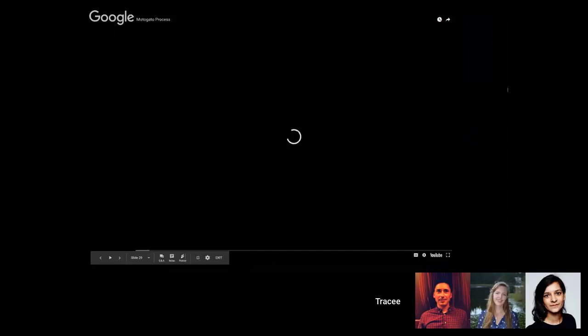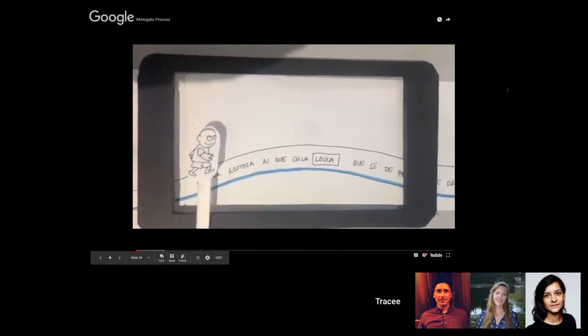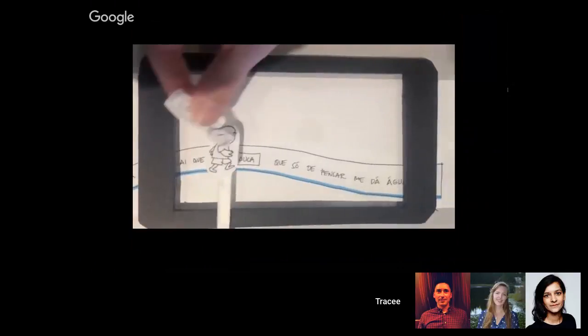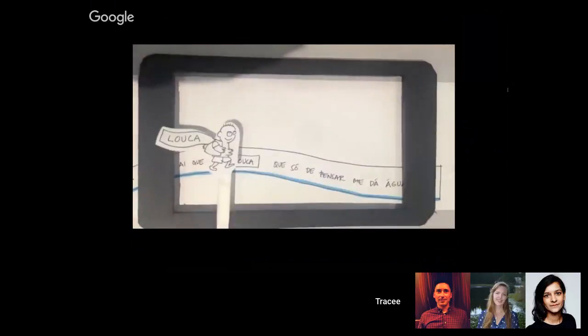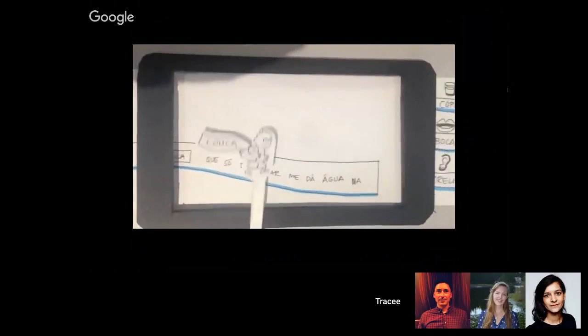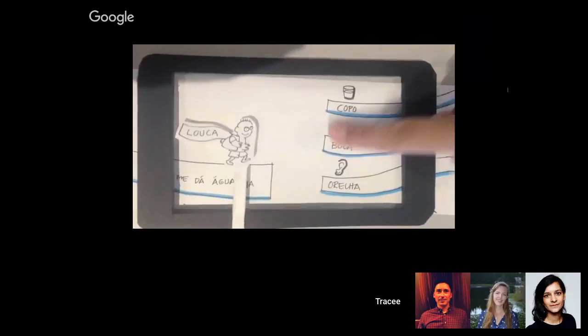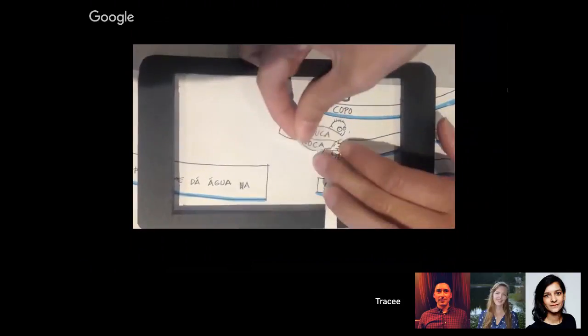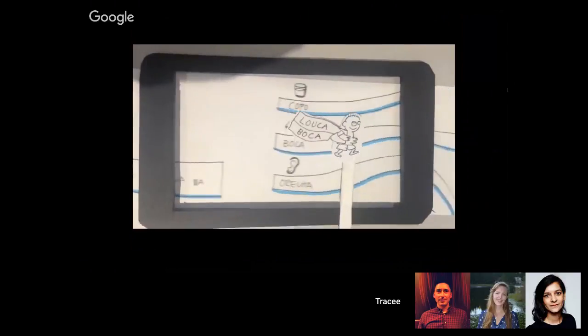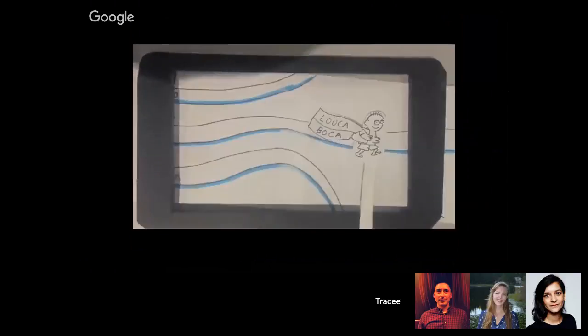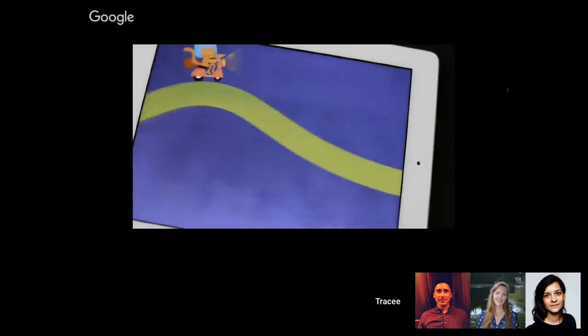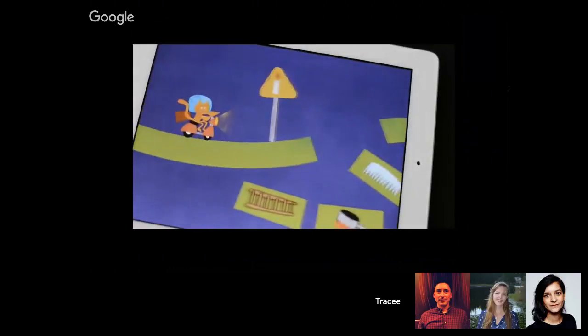This is another example of a way in which you can show how an app might translate. You'll first see the prototype and then you'll see the app that was actually created. This is a prototype of an app where a student can go on a journey. They are traveling down this road, they can make choices, and they collect different things based on the choices that they make.